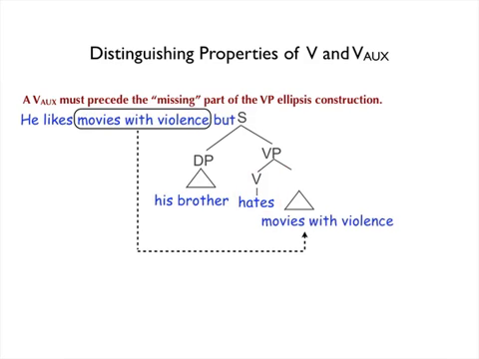So if we have, he likes movies with violence, but his brother hates movies with violence, then we can't do that, right? But we can do that, right? So there are ways of fixing it. And the way you fix it in this case is to put in a pronoun, right? That's not verb phrase ellipsis because you don't have a verb phrase, you have a DP or noun phrase in that slot, and we don't allow DP ellipsis in general in this kind of situation. Whole DPs, English does not like to elide them. Other languages have no problem. English doesn't like to do that. You have to put a pronoun instead. And then